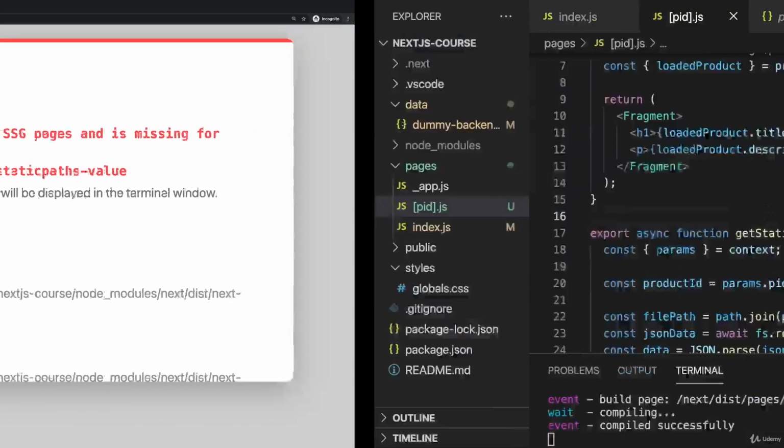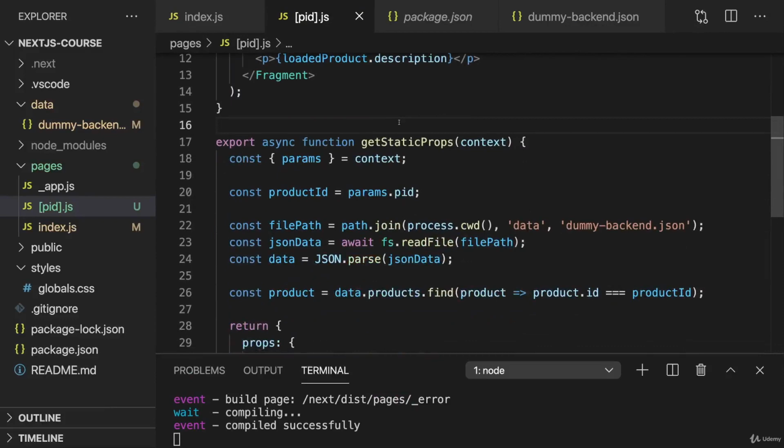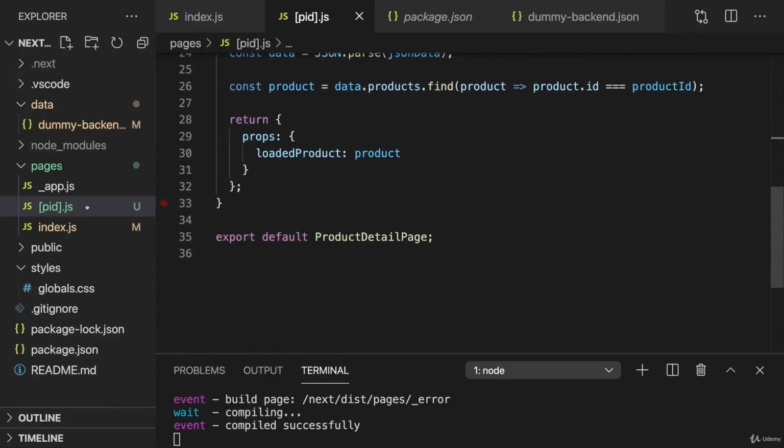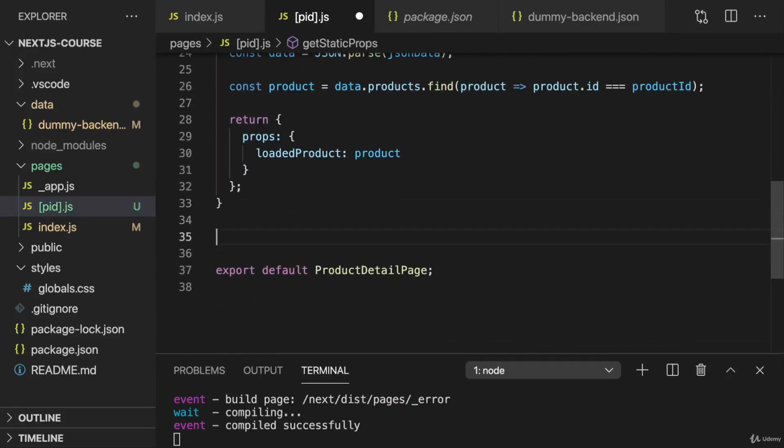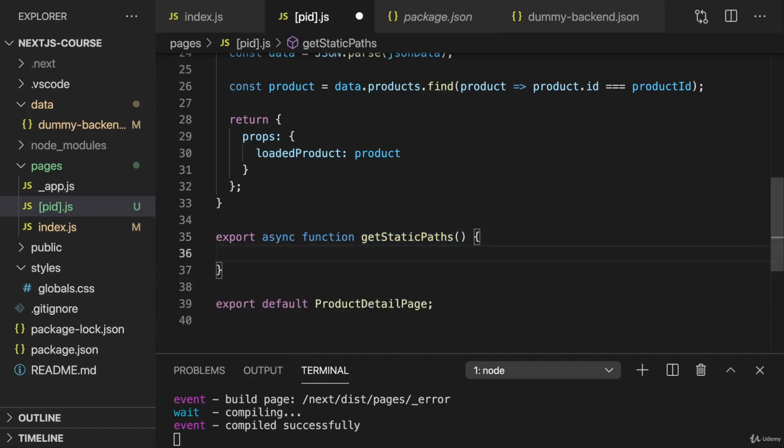So let's solve this error with the getStaticPaths function. For this, in our PID.js file, I simply export another async function called getStaticPaths. And just like getStaticProps, you must make sure that you have no typo in there, because Next.js will look for this function specifically. Now, the goal of this function is to tell Next.js which instances of this dynamic page